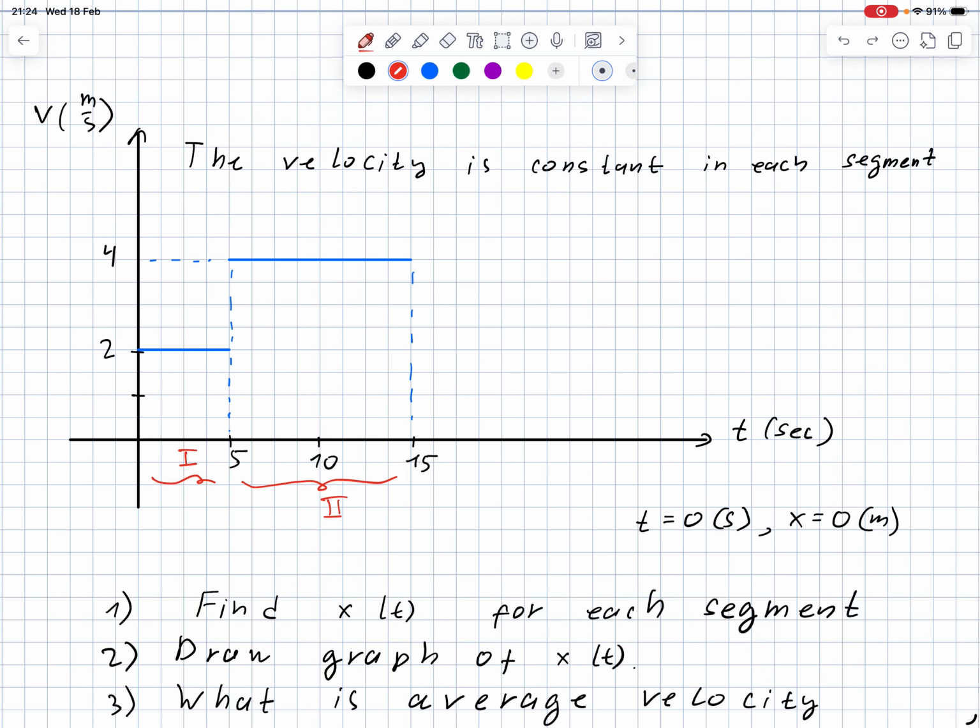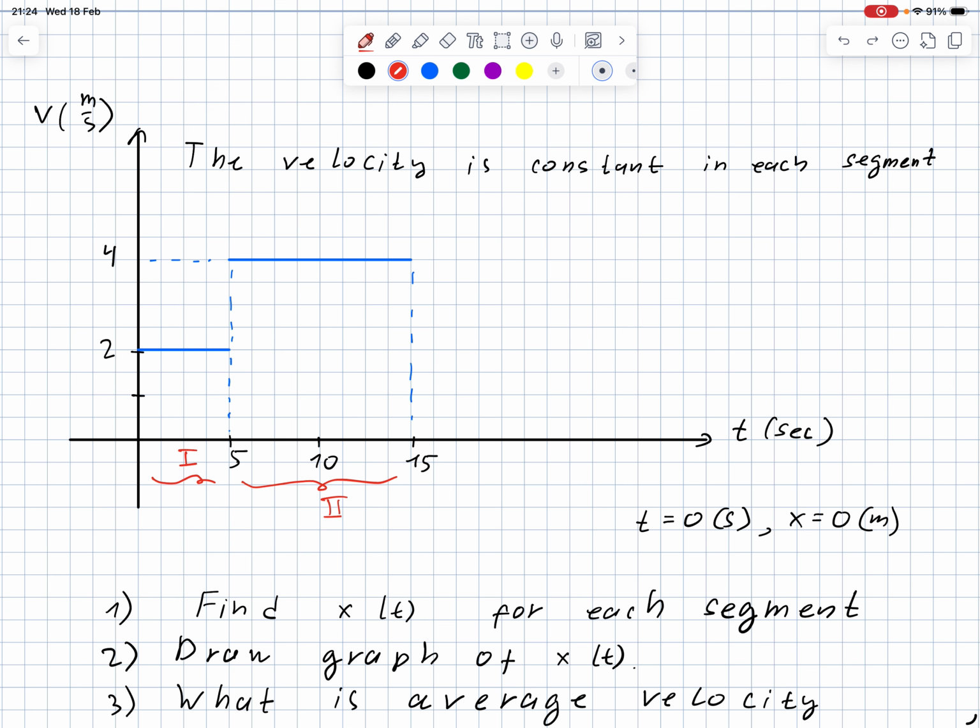Okay, hello everyone. I want to talk about velocity that is constant in each segment, or for each interval we will see constant velocity. However, when we look at different segments, we can see that the velocity can vary. For instance, if you look at this graph of v of t,